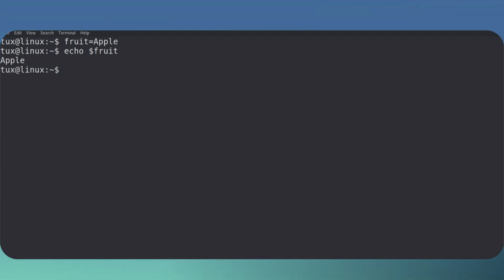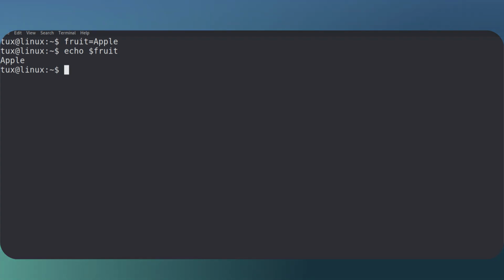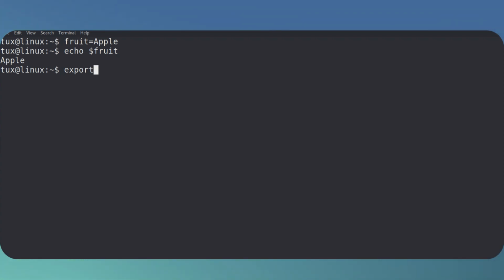Now, the only difficulty is using mixed case or unknown case in our variables. It's going to make it very difficult to compare values of user input to what we need within our scripts. Also, as a local variable, it's only available to the shell and not to any commands run from the shell. So this is where export comes in. We can export it and create it in one go, or we can export it separately like this.